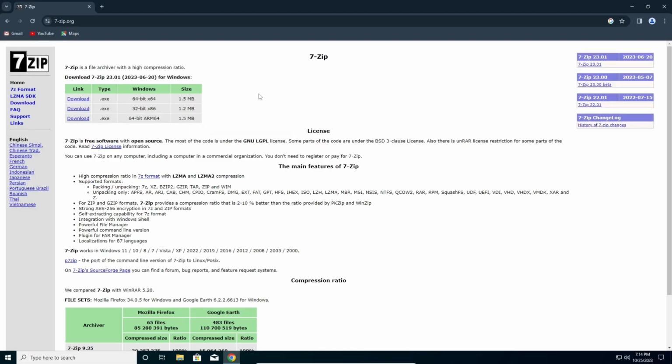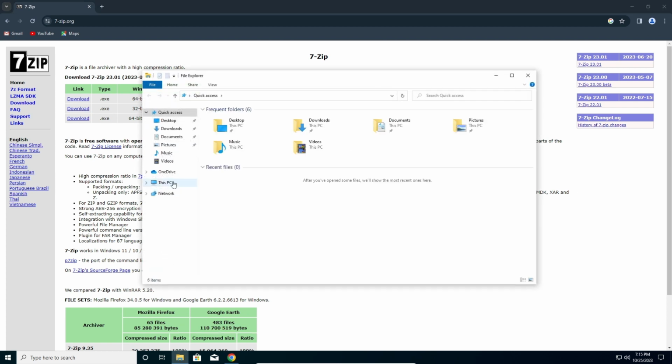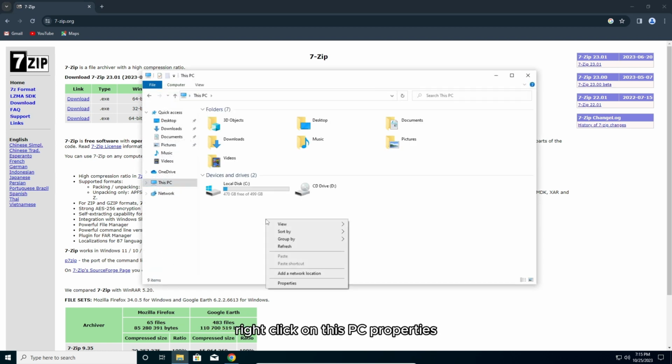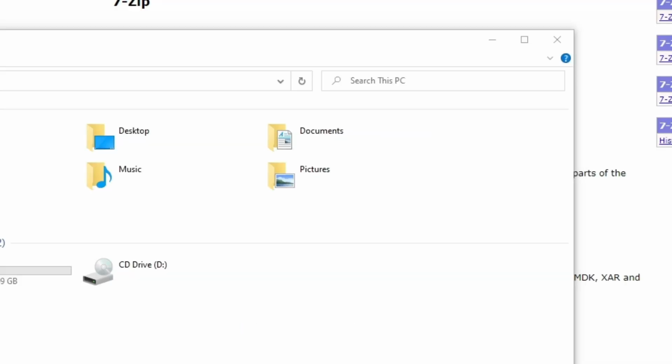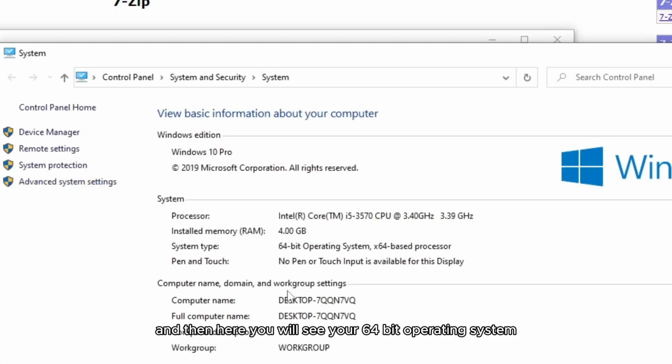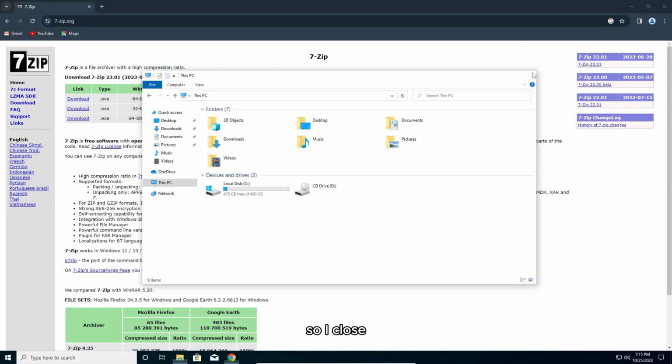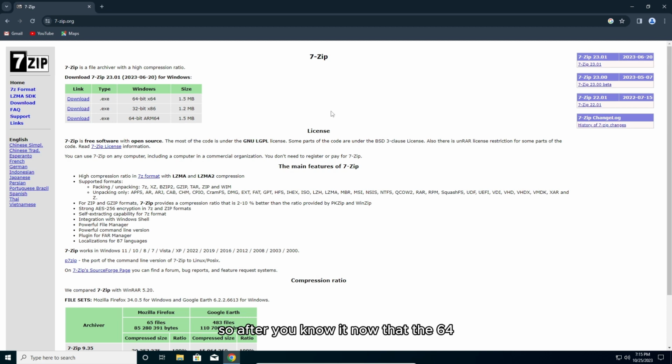And then here, if you need 64-bit, we download 64. If you need 32, we download 32. To know which bit your Windows is running, just go to This PC, right click on This PC, Properties, and then here you will see your 64-bit operating system. So I'm gonna close. After you know that it's 64, click on download on 64, and then when I